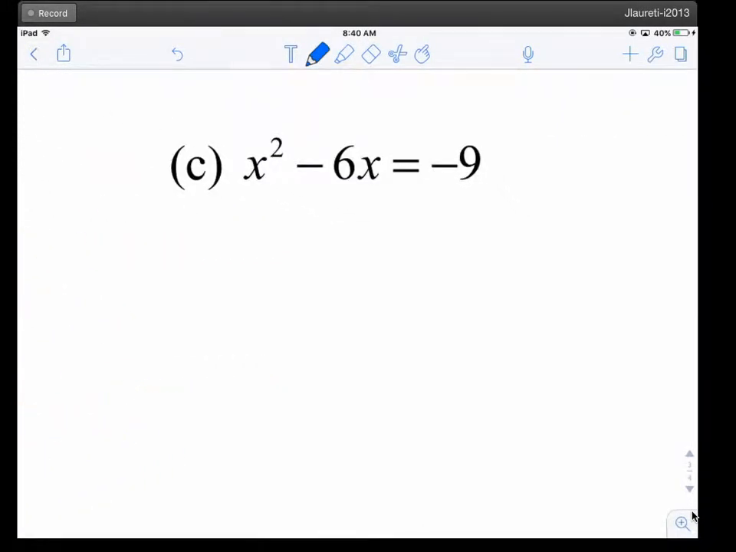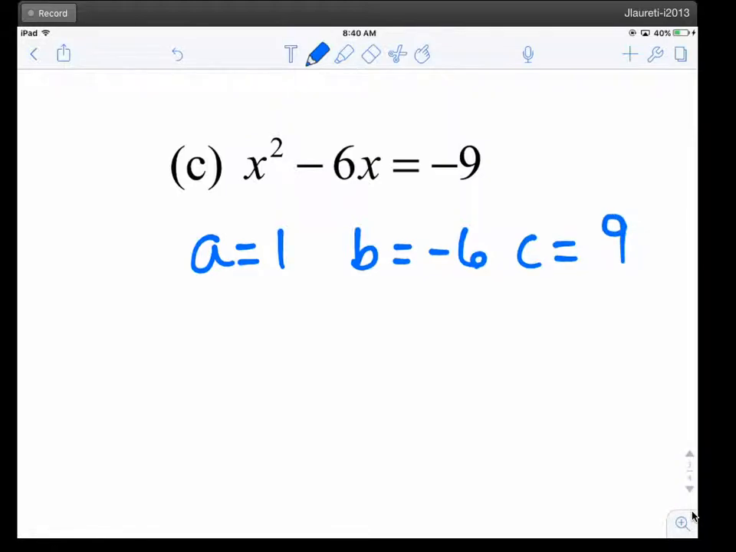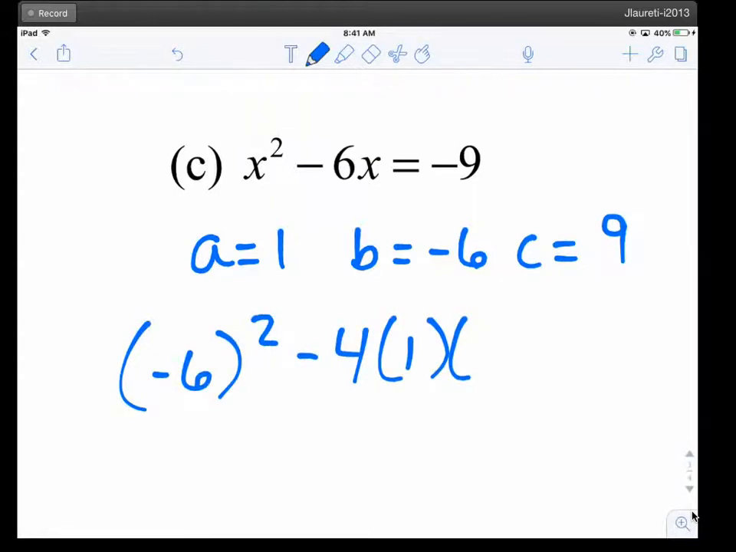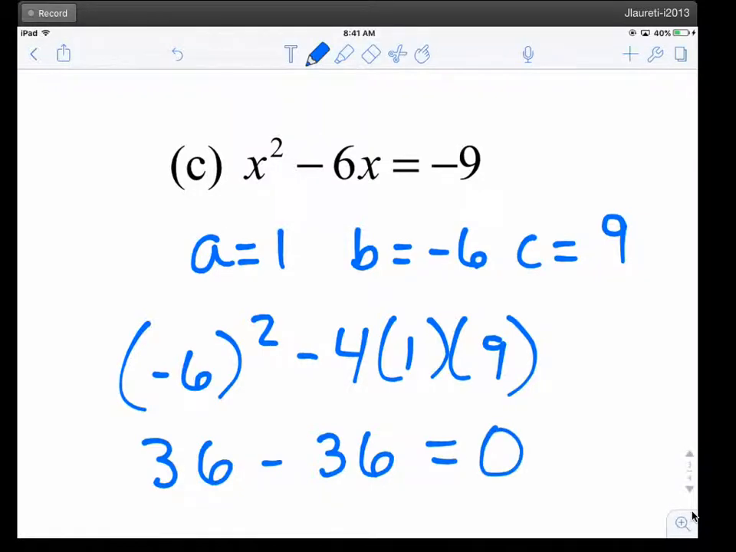And then the last one, you have A is 1, B is negative 6, and C is positive 9. So that's going to give me 36 minus 36, which is